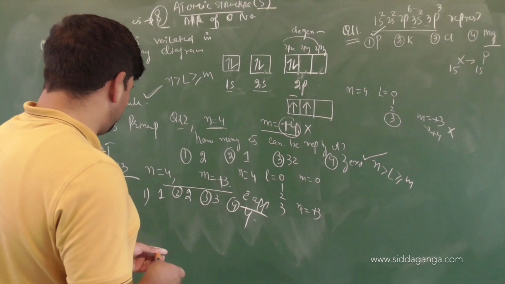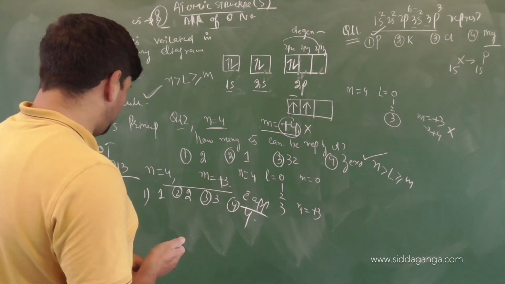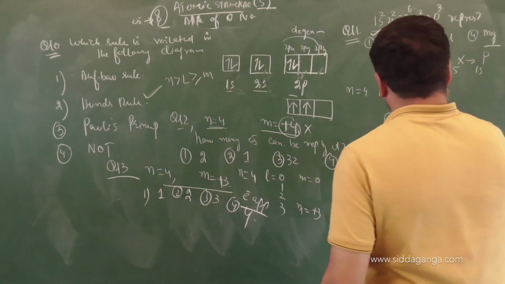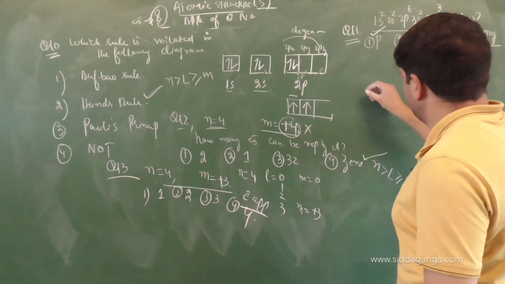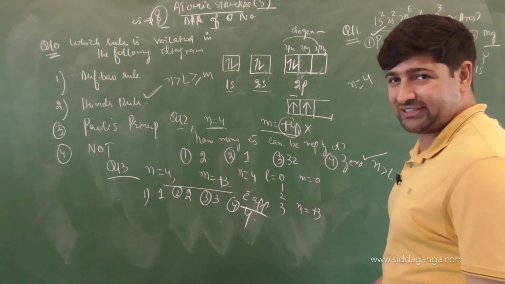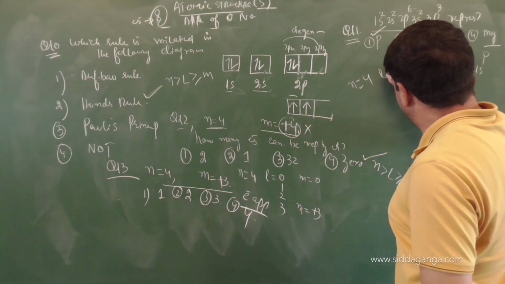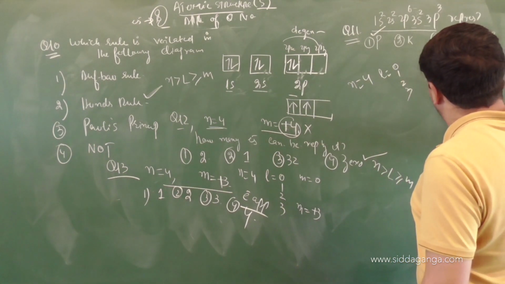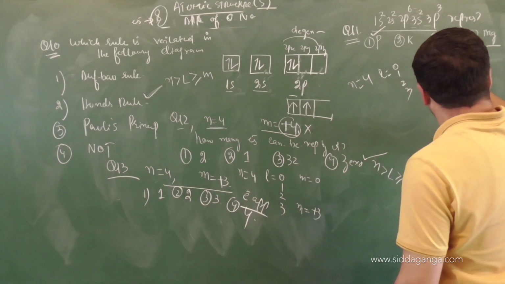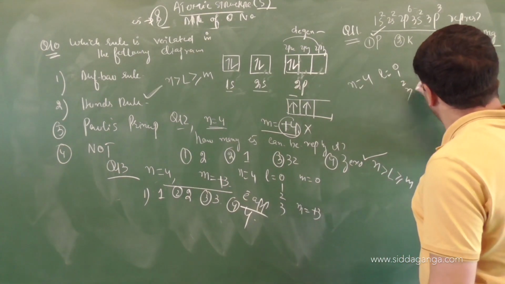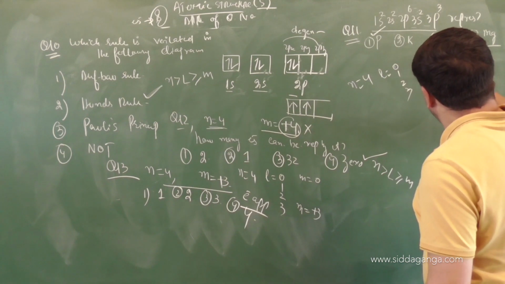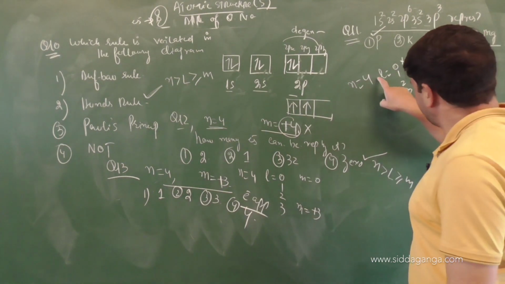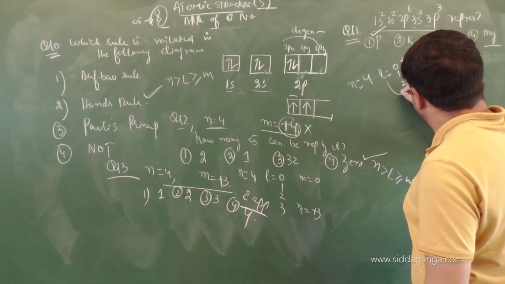So what is the N value given to you? 4. N value is 4 and M value is plus 3. Let us solve it here, children. So N value is 4. What will be the L value? 0, 1, 2, 3. What is the given value of M? M given value is plus 3. Now when L is 2, is it possible for M to be plus 3? No. When L is 1, no. When L is 0, no. The only possibility for M to be plus 3 is when L equals what?